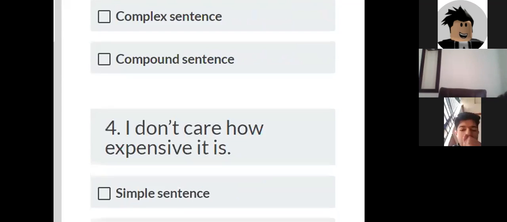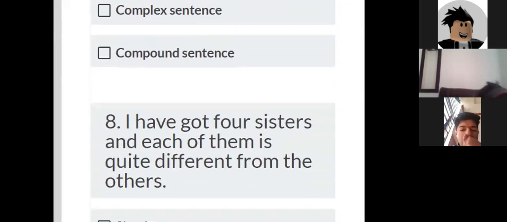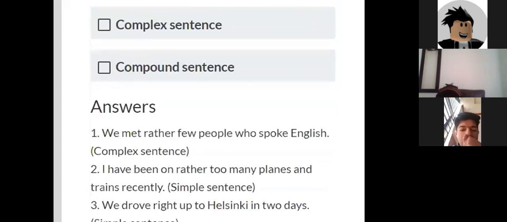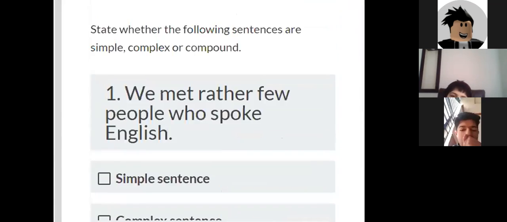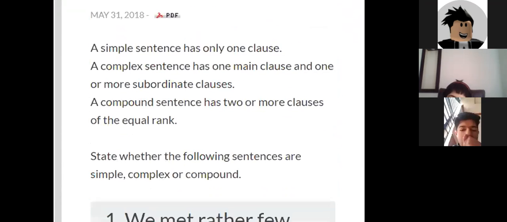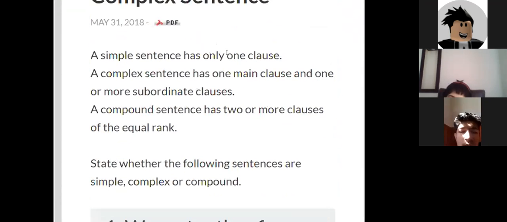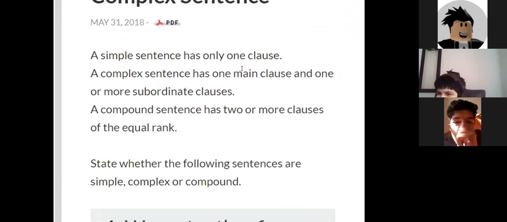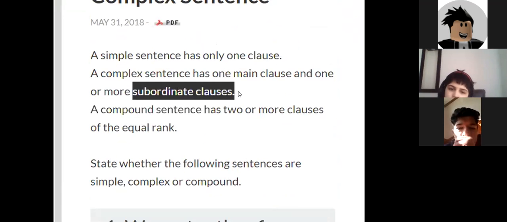Ma'am, what's the difference between simple, compound, and complex? We have done it previously in detail. Remember, simple sentences are usually just one clause. See over here, it has only one clause. A complex sentence has one main clause and one or more subordinate clauses.